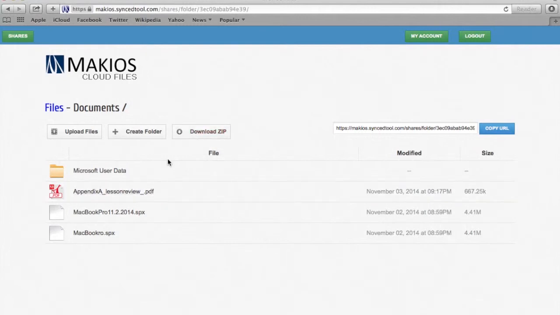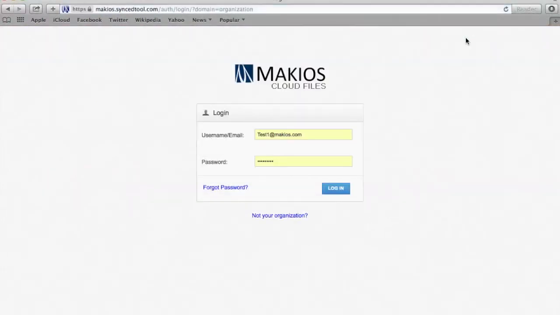Now here, of course, we do have a couple options. They could download as a zip. They could create a folder, upload files, since we did give them that access. We gave them those permissions. If they try to delete something, they can't. If we right-click any of these, they can't delete anything. So that's a way for you to create a secure share with an external user. You do not need to have them sign up for the service or anything like that, as other file cloud services would do. Ours is pretty straightforward and lets you do what you need to get done